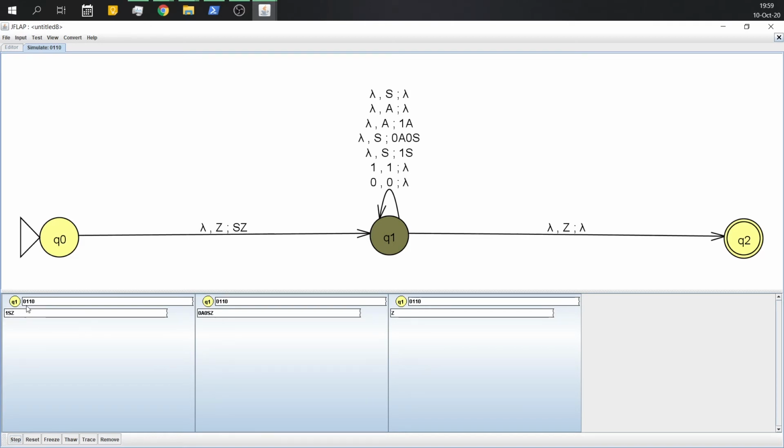Here again we can see the first rule is considered as S gives 1S, and at any step we can see the stack status. For that we have to click on the trace button at the bottom of the screen.